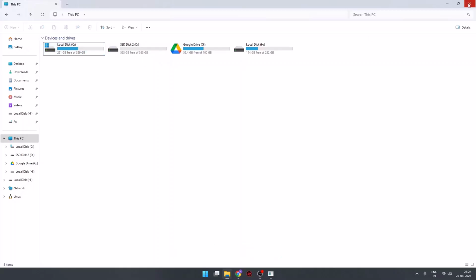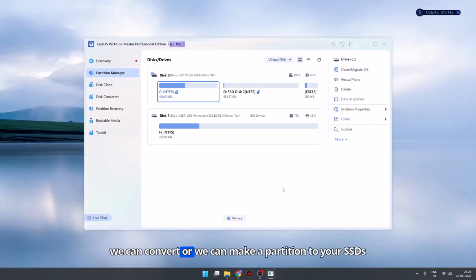So this is how we can make partitions on your SSDs or HDDs using EaseUS